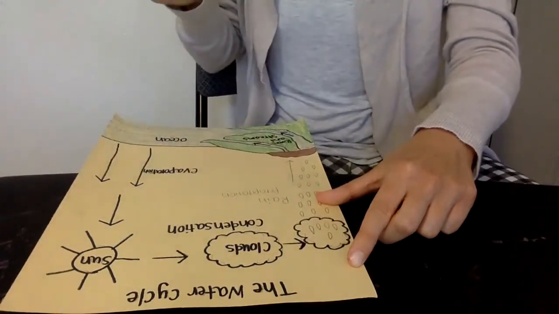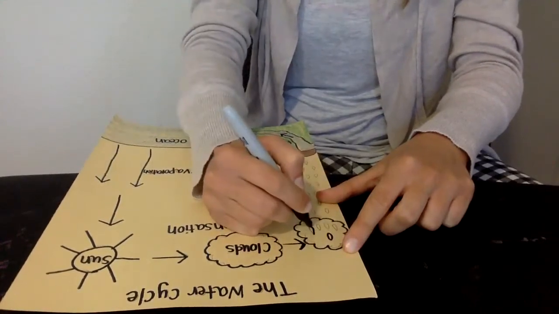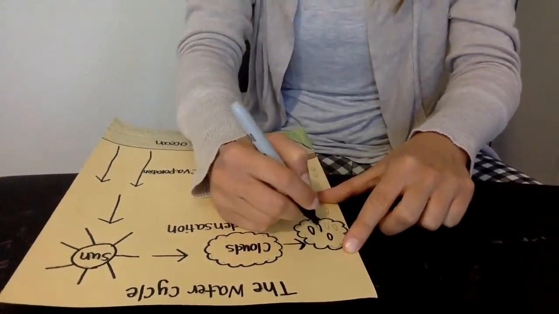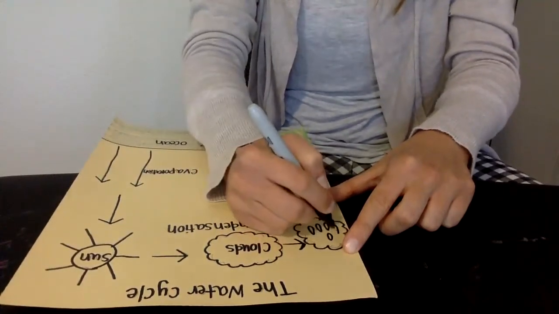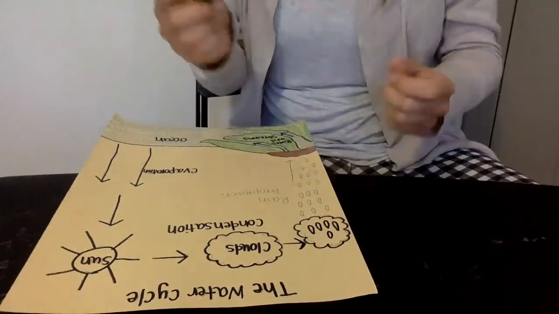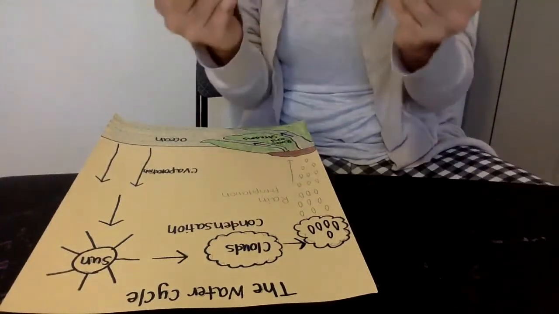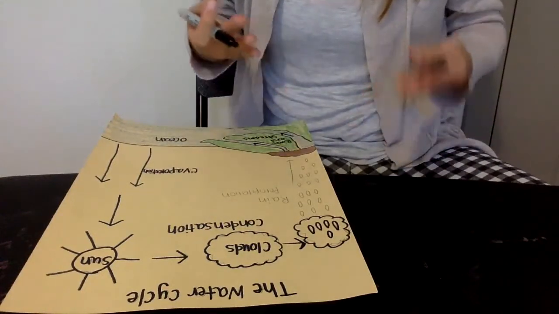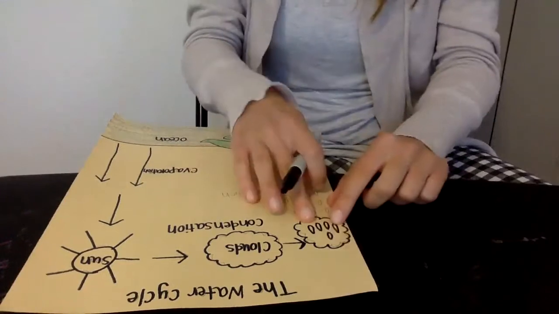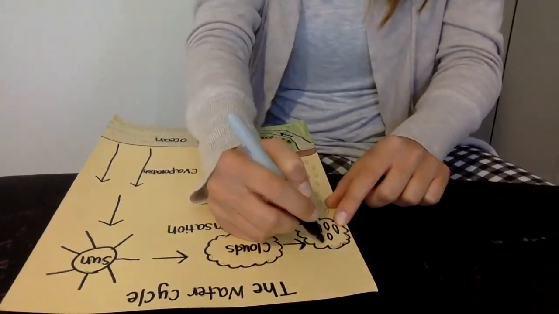Now, inside the rain cloud, I would like you to draw some water droplets. When we go back and color it in, the bottom of the rain cloud, we can make a grayish blue color because that is what the rain cloud starts to look like. The rain cloud is really heavy, filled with lots of heavy water particles that are going to eventually drop to the earth as rain. So once the rain cloud gets so heavy, it can't hold all these water droplets anymore,